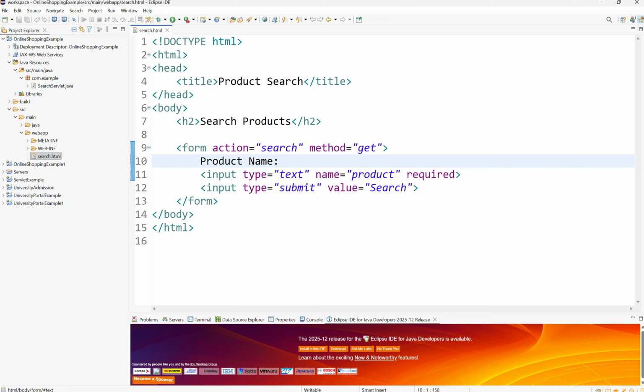Then product name, line number 10. Input type equal to text represents a text input field for entering the product name. Name equal to product is used by the servlet to retrieve the entered value. Required ensures the field cannot be submitted empty. Then input type equal to submit is a button that sends the form data to the server and triggers the search operation in the servlet. /form ends the form element, /body and /html properly close the body and HTML